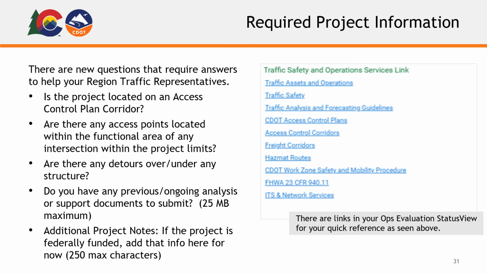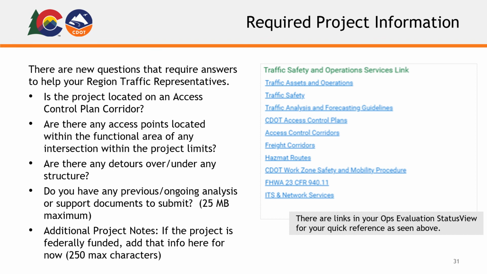If you have larger files like data modeling sets, we recommend you load that data to a drive and provide a PDF with embedded links as a supporting document. Additional project notes. Add project delivery and federal funding information here. Text is limited to 250 characters due to system functionality, so if you have additional project information, including project exemption justification, scope summaries, or critical information, attach it as a